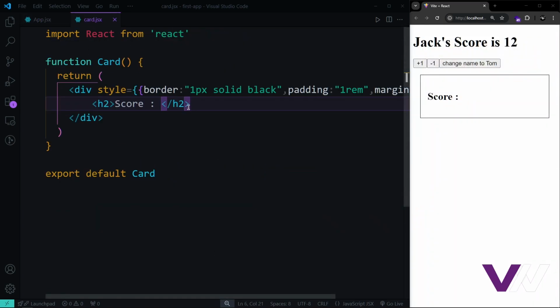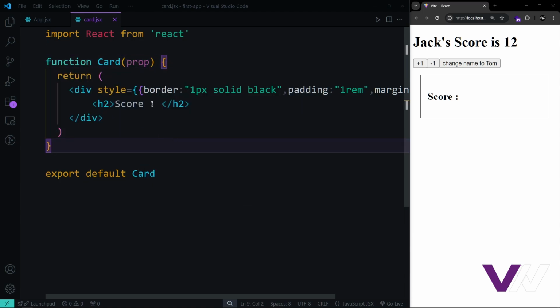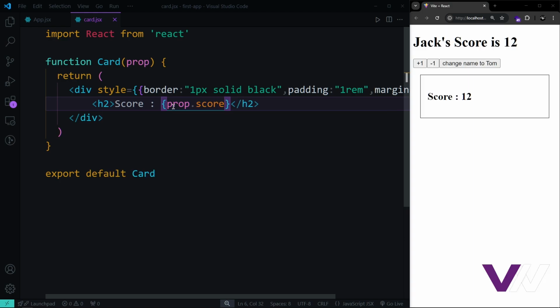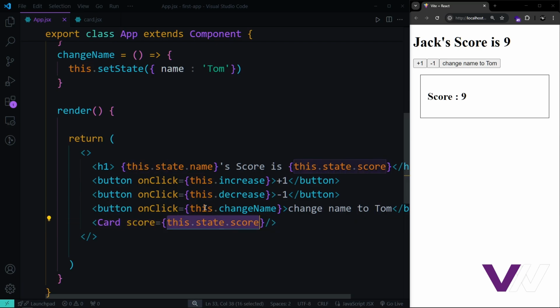And again, we can come to this card and we can destructure that or simply use our prop right here. And here again, we're going to have our curly braces and this prop, inside of which we're going to access the score. Now you can see it's 12 right here. We can add, it's going to add right here, can decrease by this button, and we can do anything here in the parent one. And because we're passing the state and not a simple variable,